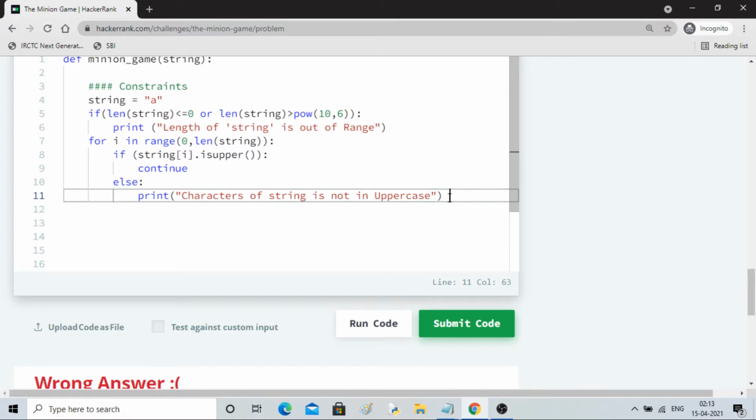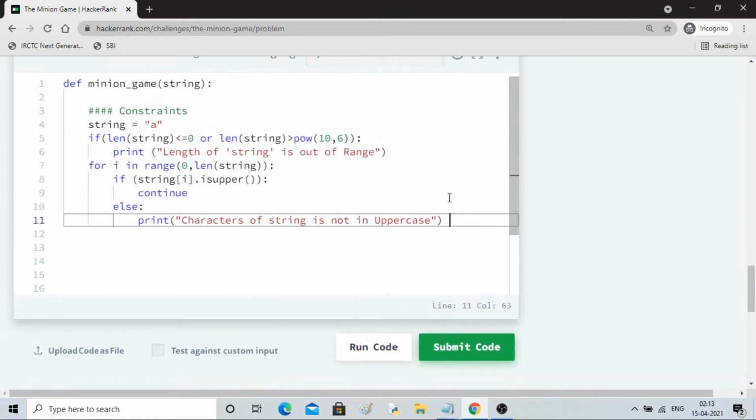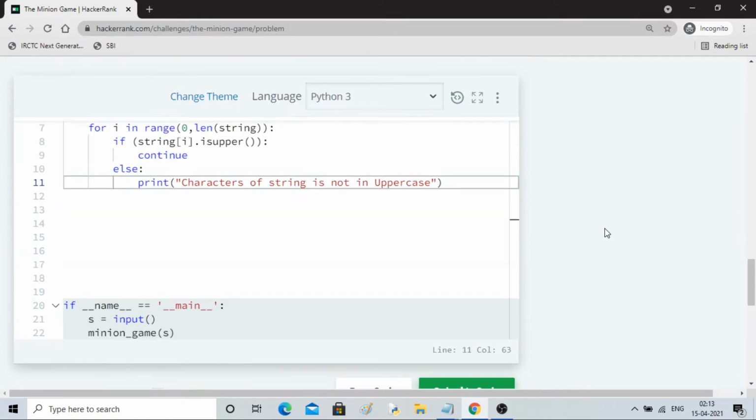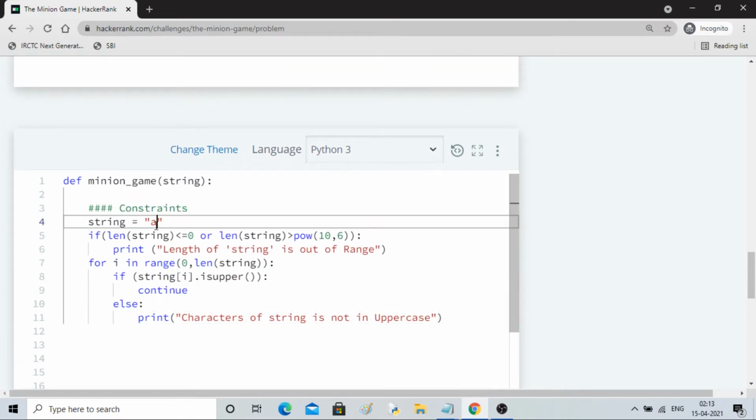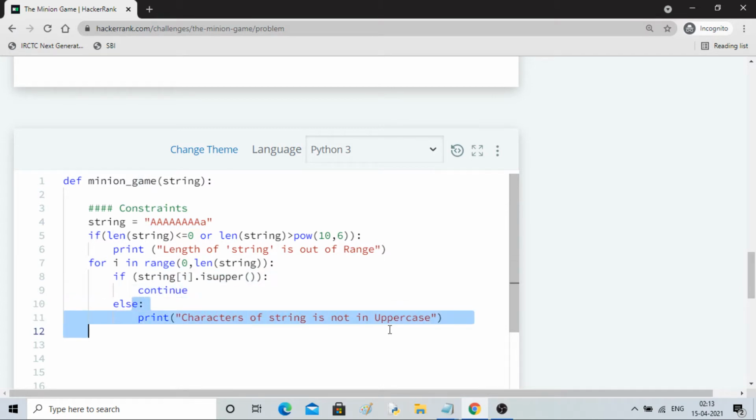Okay, we can do something. So what it is doing is it is checking each variable, each character, right? The for loop is running from 0 to length of string. I'll show you. Let's say you have it like this. It will go to capital A, then this A, fine, this A, fine, this A, fine, means continue. At last it will come to this. This condition is not true, so it will print this case.